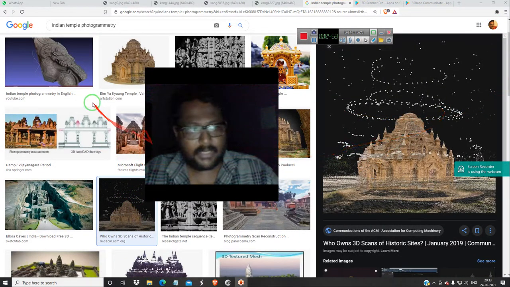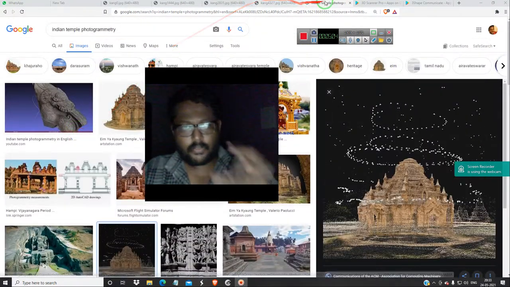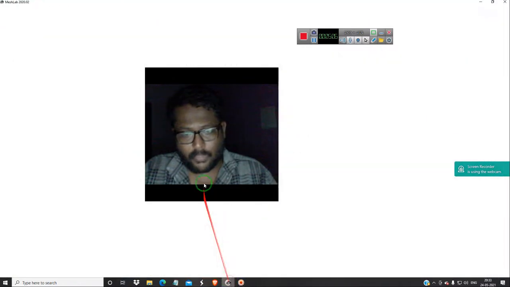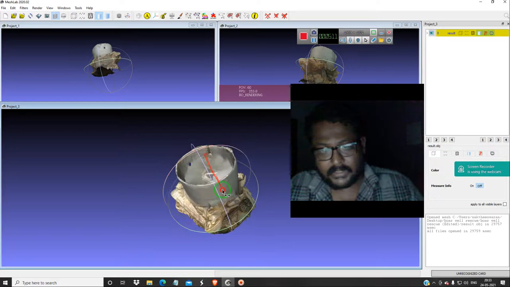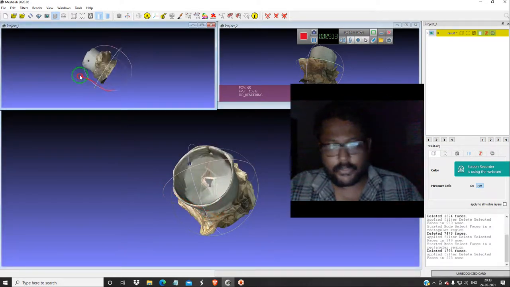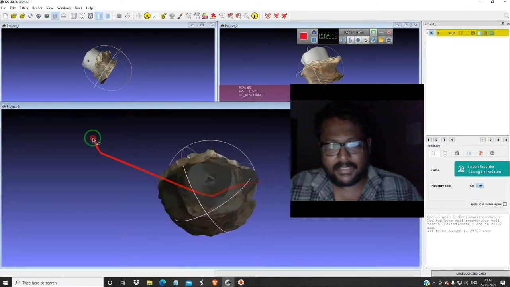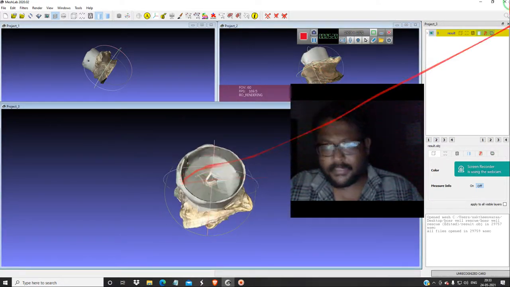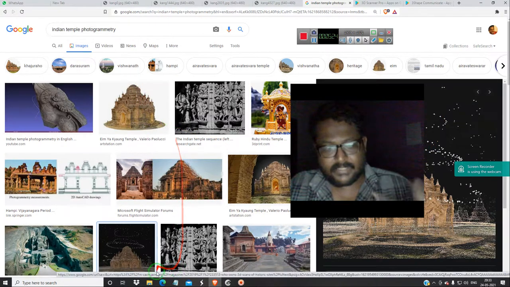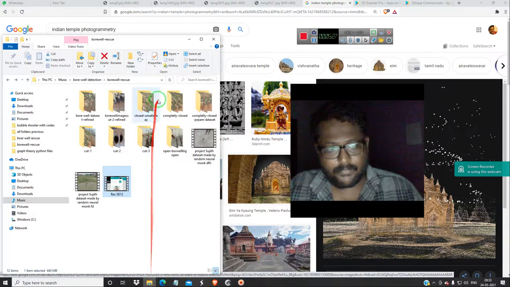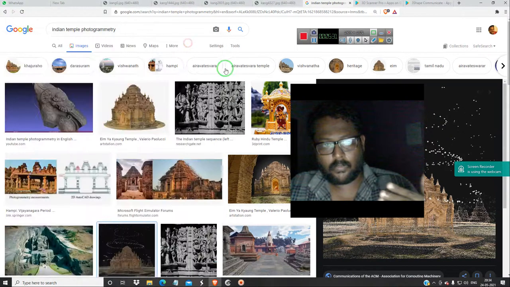These are all civil-based, but I am making a very small object photogrammetry, such as this bore well, a deep bore well for drawing water out of the earth. This is for a bore well rescue project. It is a very risky thing. I scanned it with 20 images and started to make it. I am trying to clean up the images, and I have put some videos of bore well open, bore well closed, and unsafe bore well.